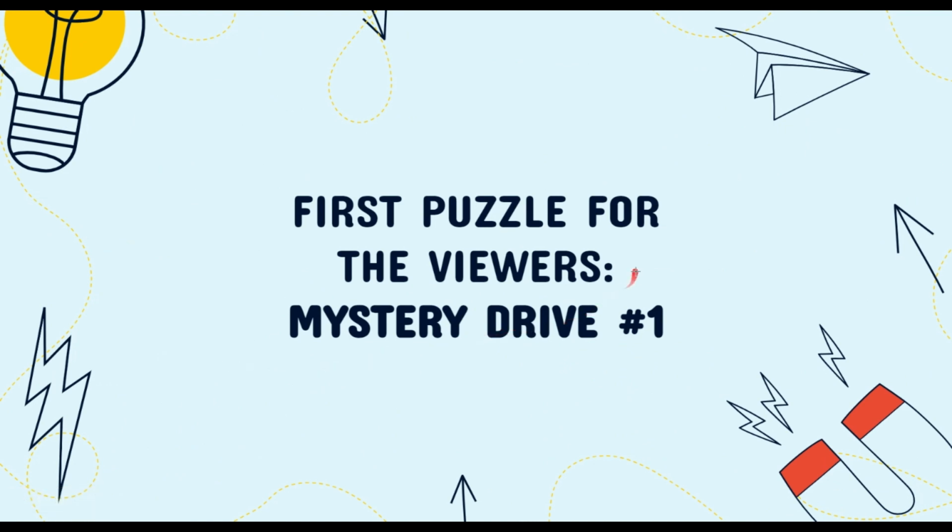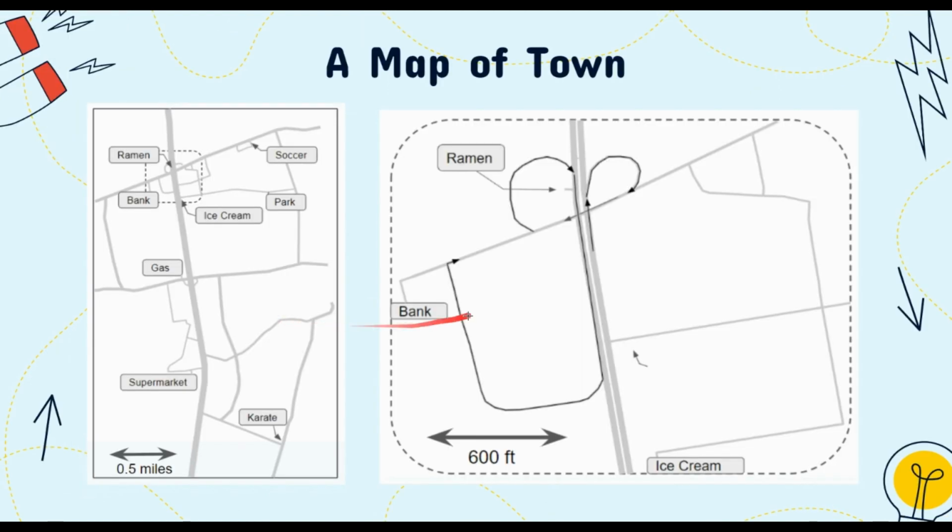And now for what you've all been waiting for, the first puzzle. So this one is called Mystery Drive number 1 because we put the accelerometer in the car and drove to a certain location in the town that you will have to figure out. So first, we've got the map of town. Now, we don't have a set starting part, so that's going to make this a little bit harder, but all the more challenge, right? So over here, you can see a blown up map with a bunch of different locations,